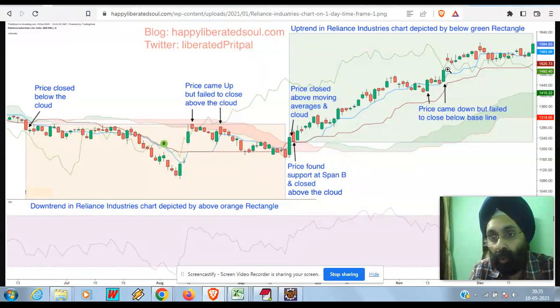continue to hold the stock and keep trailing the stop loss just below the baseline. So previously, at the time of the entry, the stop loss was somewhere here. Now you can keep moving as this baseline is moving up. You can keep trailing the stop loss up. So the price is also moving up. The baseline is also moving up. So if you see till here also, your stop loss will not get hit because the price